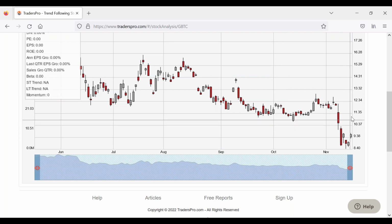I pointed this out last week. The bottoms don't always happen with one massive sell-off and then go right up. We could still go lower again. That could be the panic sell-off we'd be looking for. We could still go a little bit lower, but that was an early signal that Bitcoin could be in the bottoming process,